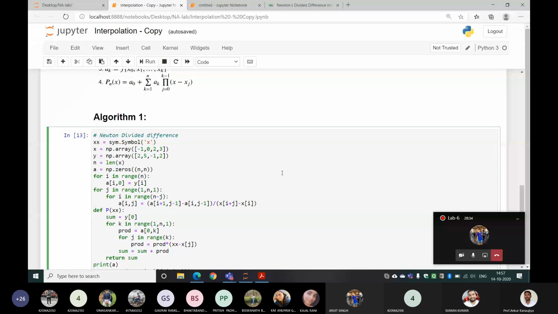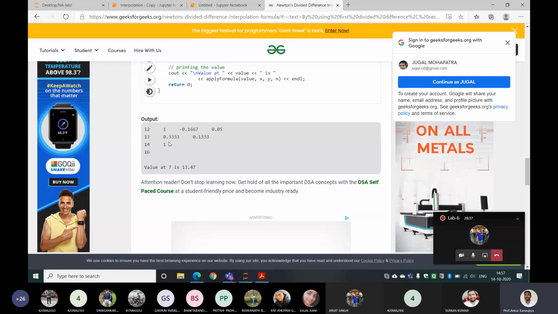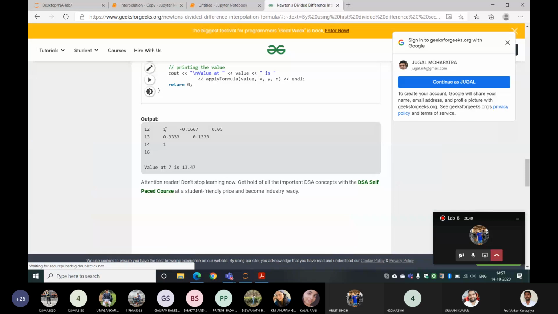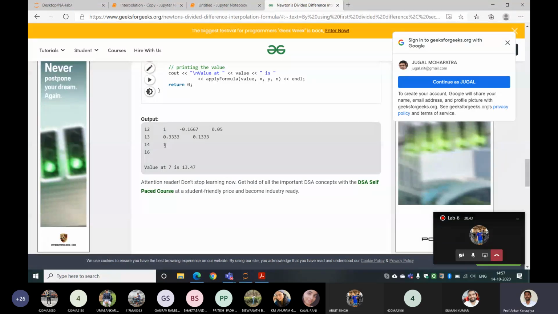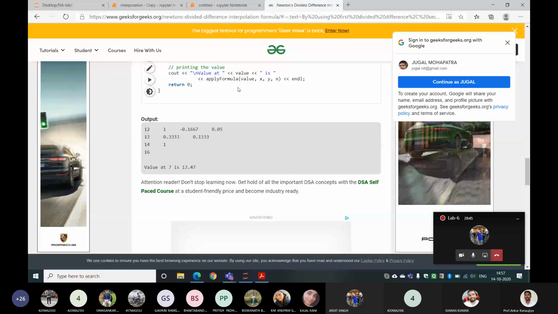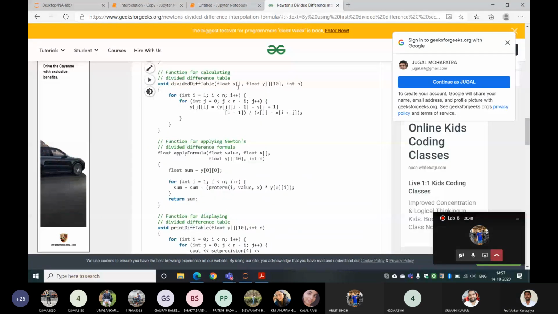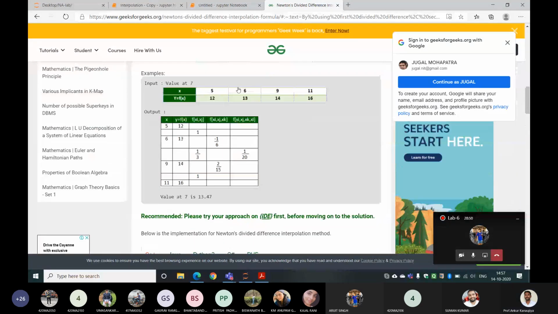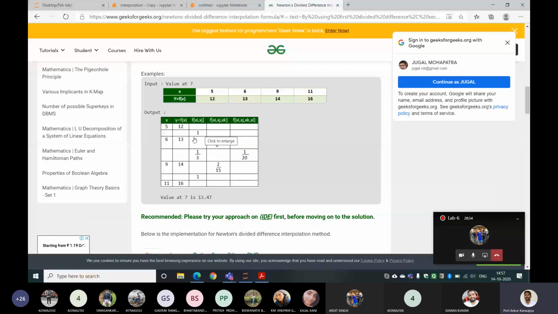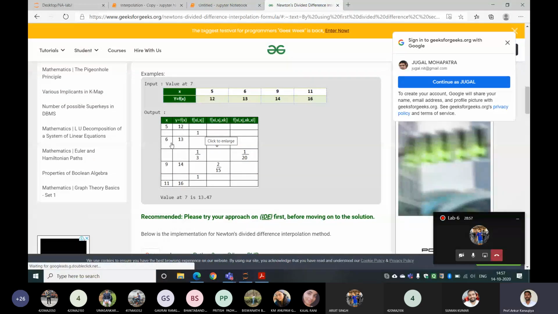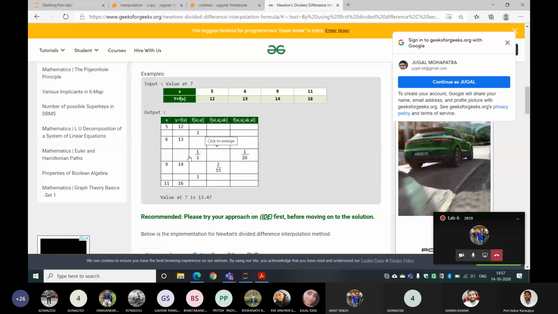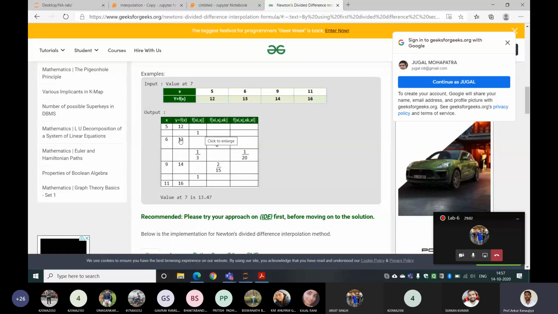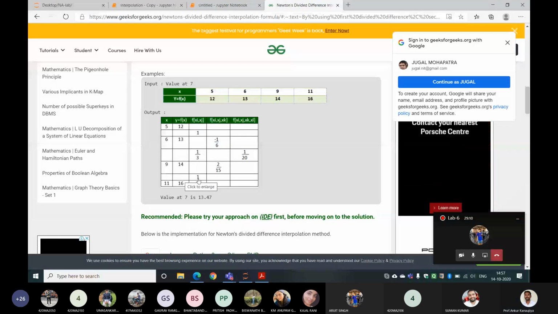Now come to the next column. So how did this entry come? This one. How did this come and how did this come? Here I will show the data also. This is the data. So how will this one come? This is 13 minus 12 divided by 6 minus 5. This 1 by 3 will come from 14 minus 13 divided by 9 minus 6. Similarly, 16 minus 14 divided by 11 minus 9. This entry will come. So once this has come, forget this because this is of no use.